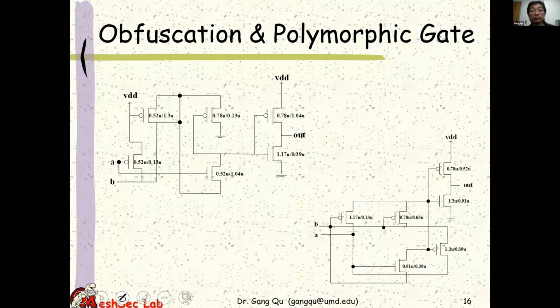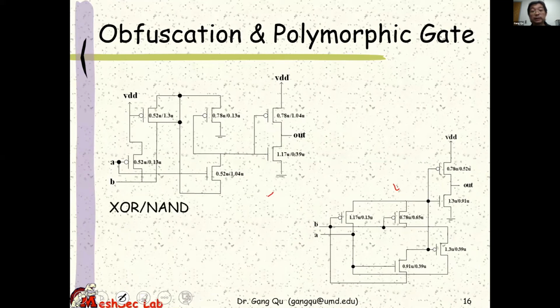And the last example I'm going to have here is, we talk about logical obfuscation, where you have designs that look different, or in some sense it is hard for any reverse engineering attackers to analyze. So what I have here is some transistor level logical gates, and it is not clear to us what these are. But if you go to a HSpice simulation, you probably can see what the input output, I mean, the truth table is. And then you can conclude what the functionalities are.